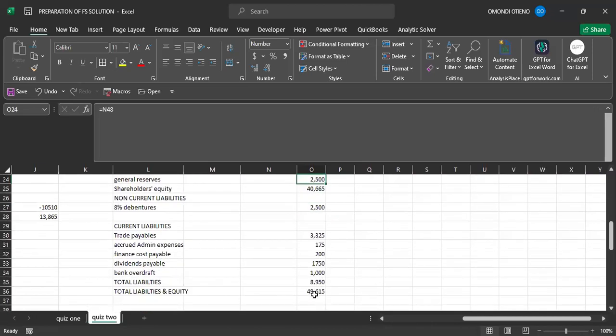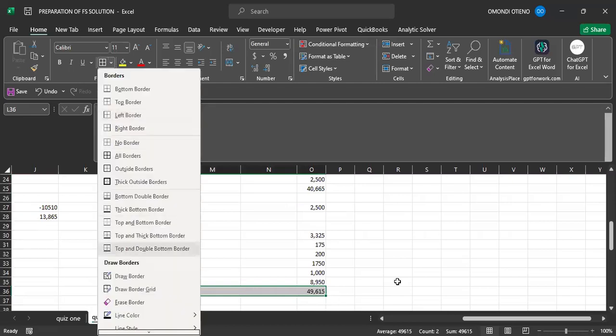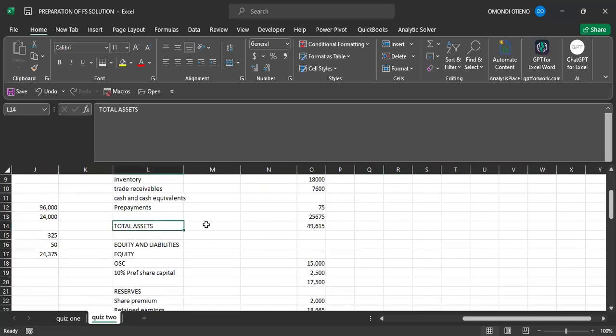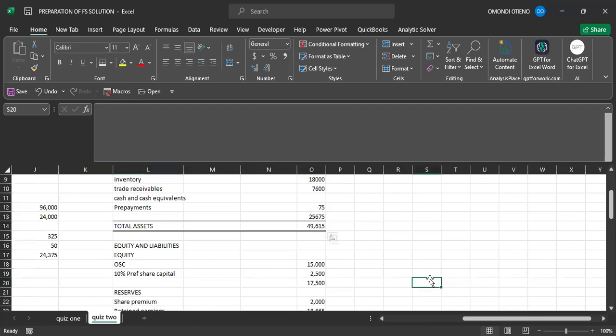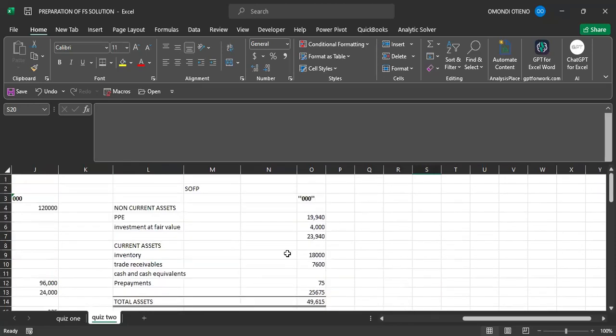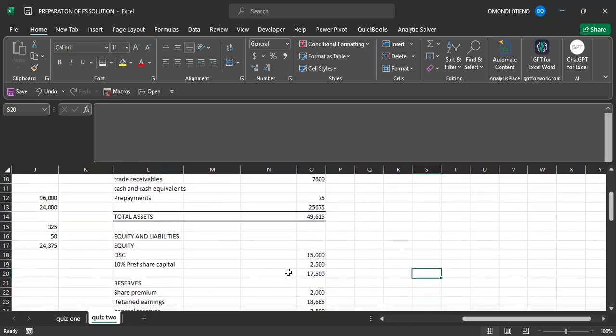When I add total equities and liabilities, this account, it must, not may, it must balance, it must add up or be equivalent to total assets. Is that the case with this particular question?